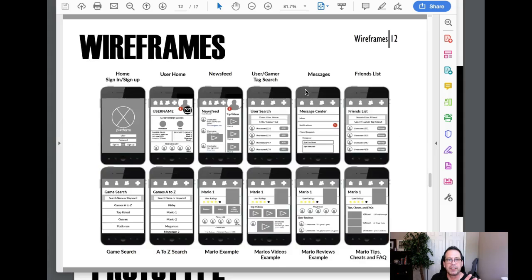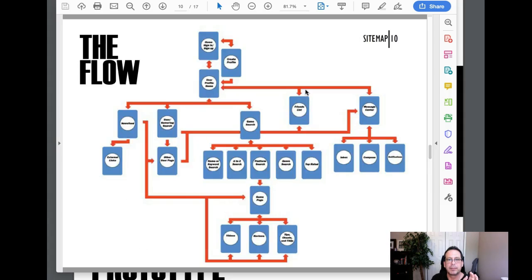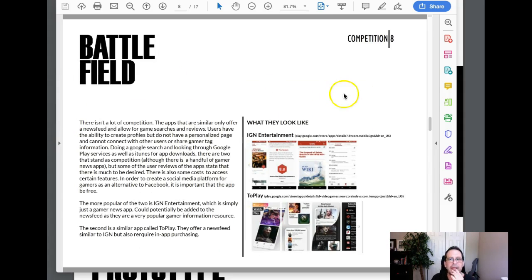Competitive analysis right here. Wait a second, where are you? Is your competition? There it is. Okay, battlefield competition. So here I would like you to take two or three competitors, okay, instead of just grouping them and deciphering the pros and cons and the general basic attributes, I would like you to